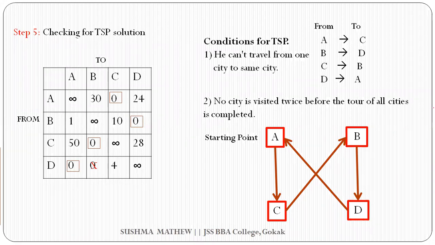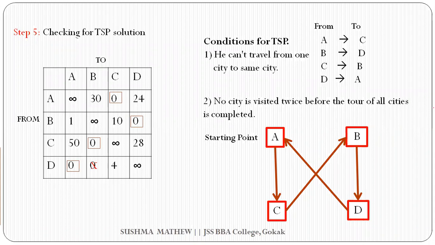So now if you see, this is the shortest path available for a traveler who is making sales and who is taking the help of the assignment problem to identify the shortest route possible, with 128 rupees as the minimum cost he incurs. So this is all about the traveling salesman problem.